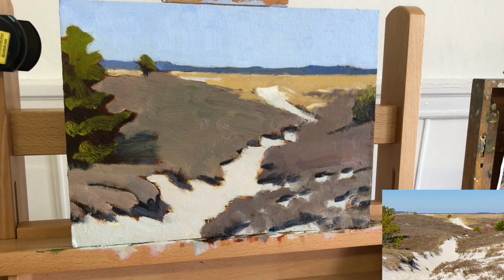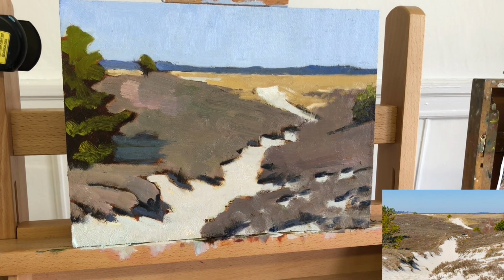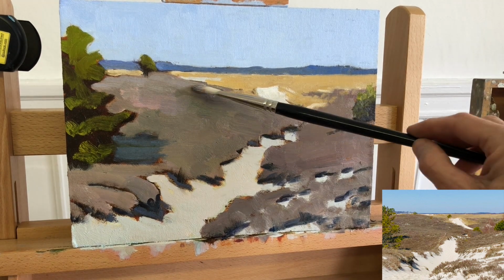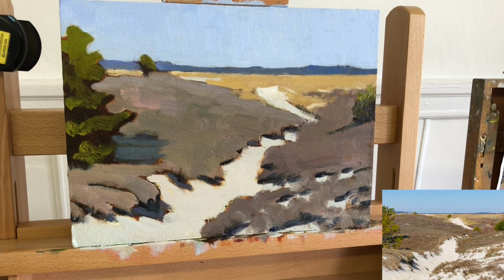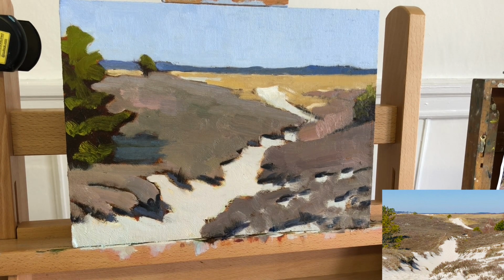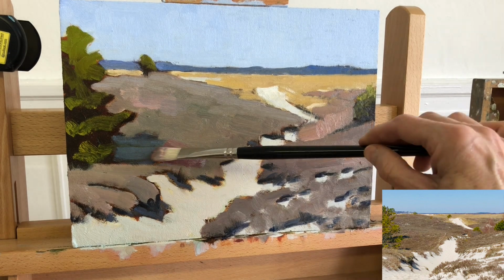The cast shadow from that pine tree was beginning to look a little odd to me, like an open alligator mouth. And so I sort of unified it, and that's something, if I had taken more time during the underpainting, I could have worked out, and so that was an unnecessary change. But it's oil paint, and you can rework it as much as you like, as long as you like. So I did that, and